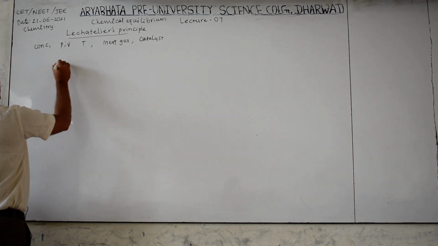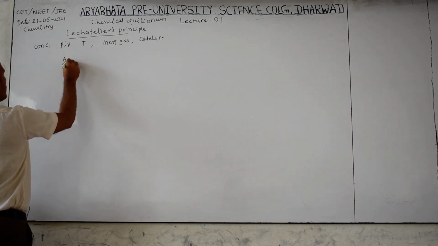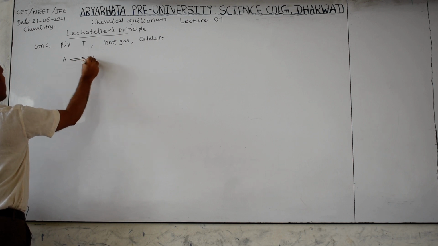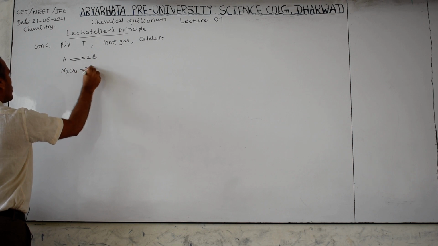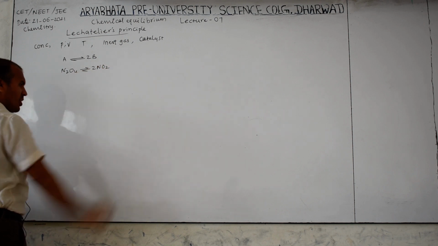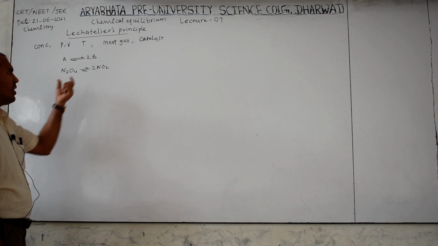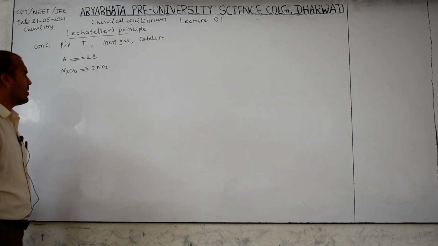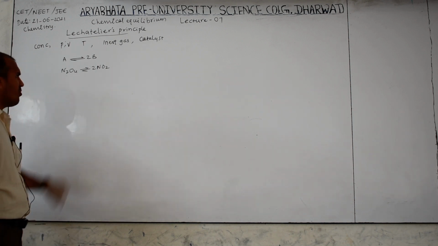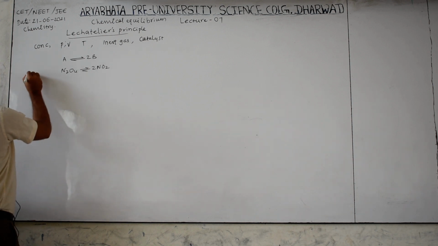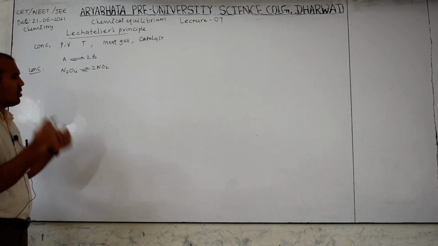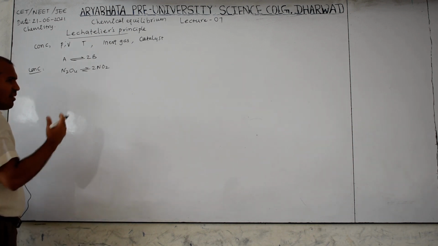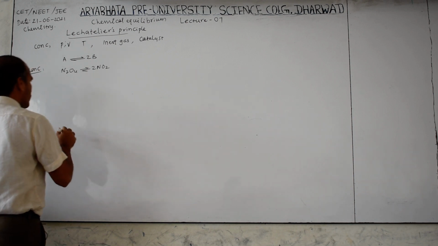So now this is reactant A gives rise to 2B. Like this, N2O4 gives rise to 2NO2 is one of the reactions. Consider this is already present at equilibrium. To this I want to discuss the concentration effects. Listen carefully. Separately there is no objective like this. Here only you have to understand what is the effect on this equilibrium.